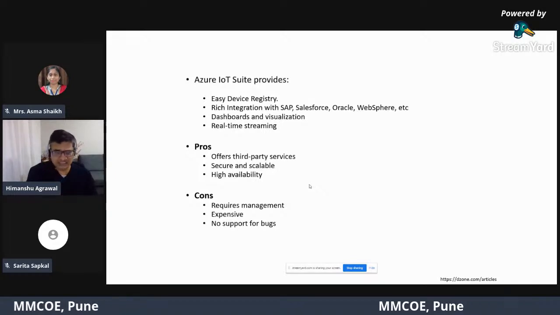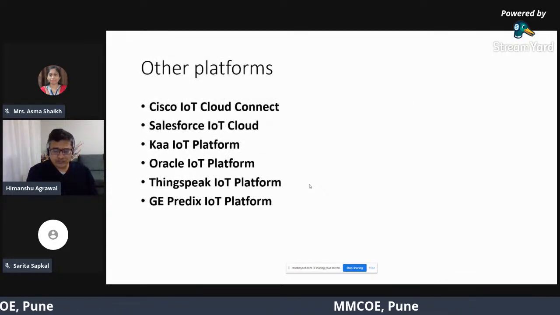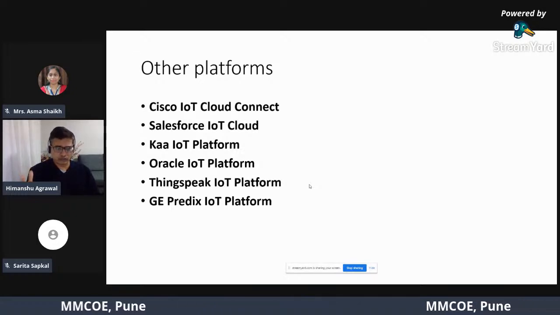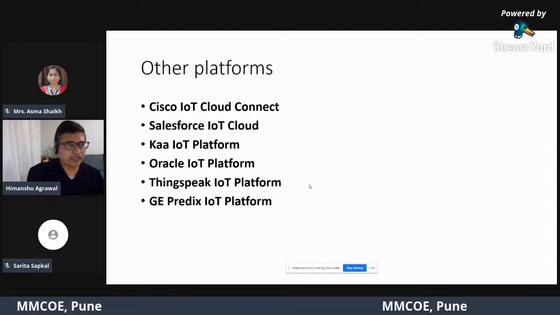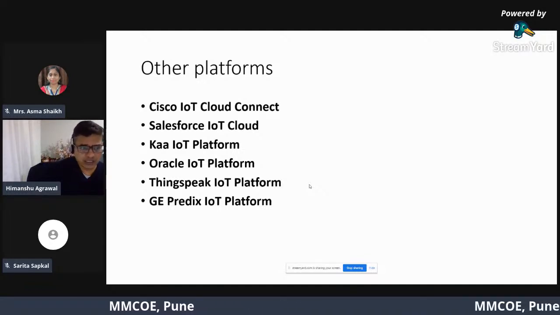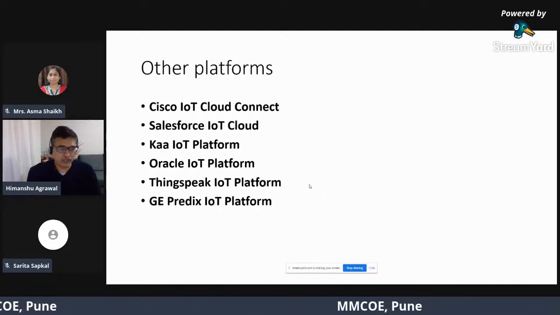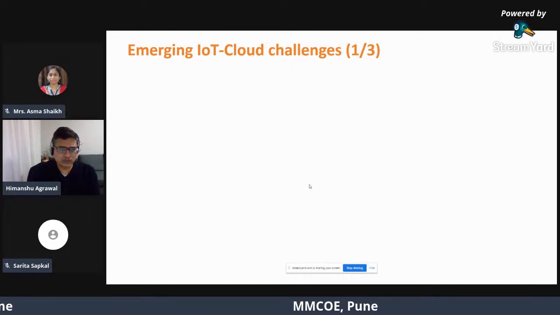But it is expensive if you compare it with AWS. It's not that you can only use AWS, Microsoft Azure, or Google Cloud Platform. In fact, you can make use of other platforms. You have Cisco IoT, you have Kaa IoT platform, ThingSpeak, and many other IoT platforms one can use.